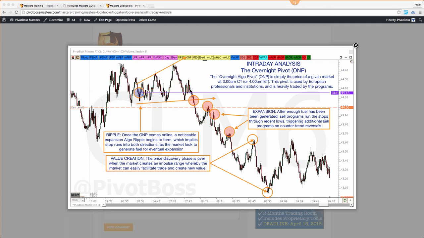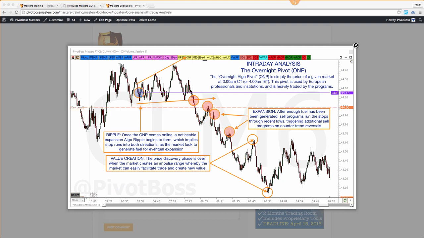When you notice that price is expanding or rippling around the pivot, you either stand aside and wait for it to juice up enough to get some expansion, or you look to fade the extremes. In this case, we saw price go offered through the recent lows. It ran the stops. The first pullback was defended, also off of a key level, 44s. And then we saw every single pullback get defended as this thing continued downward.